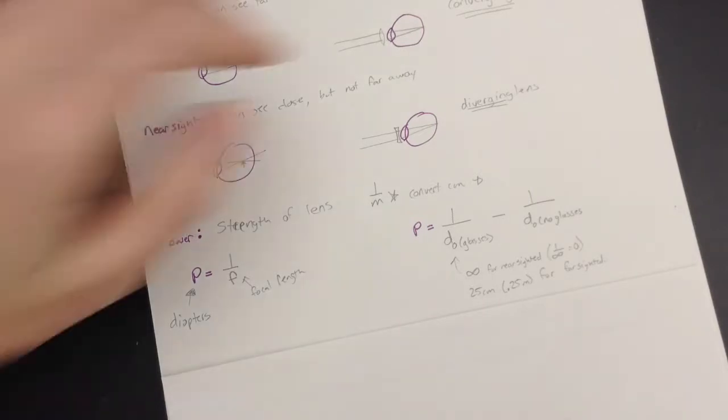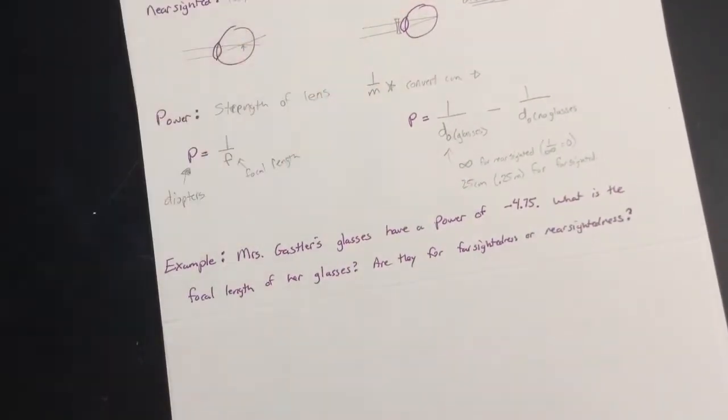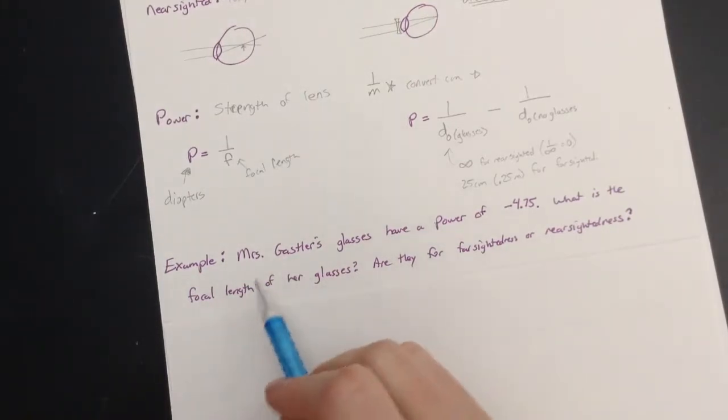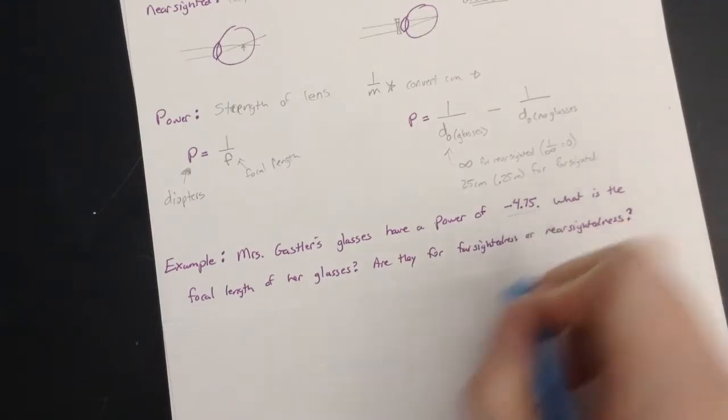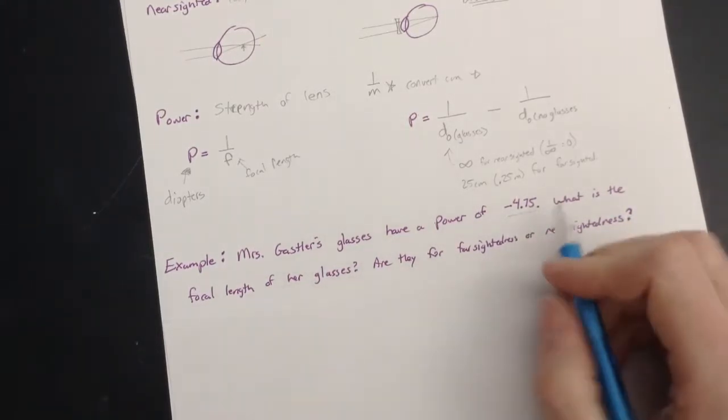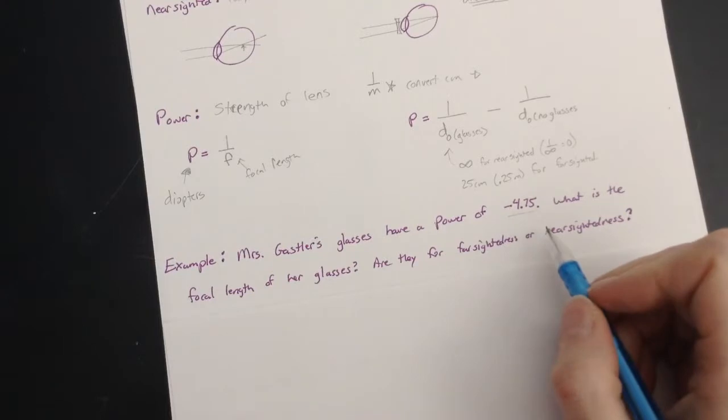Okay, so those are some numbers there that you can use to be able to figure things out. So we're going to look at a couple of examples. These will go pretty fast too. We're going to use me as an example to be fun. All right, so Mrs. Gassler's glasses. My glasses have a power of negative 4.75. That's just in my bad eye. I have a good eye and a bad eye. My good eye is not very much better. It's like